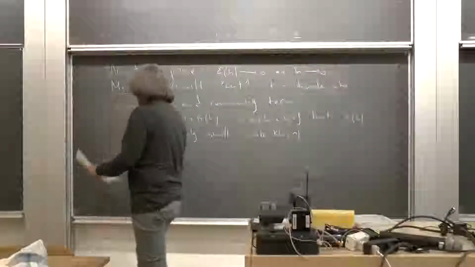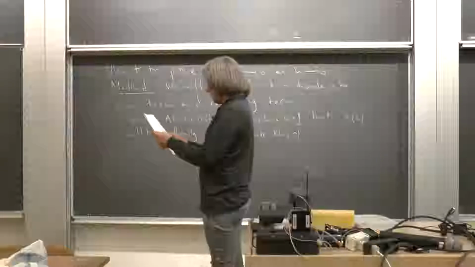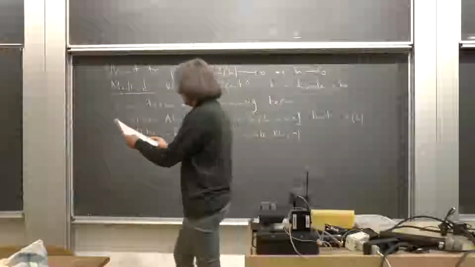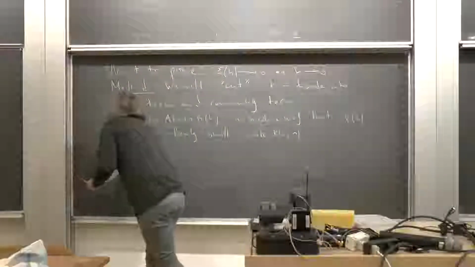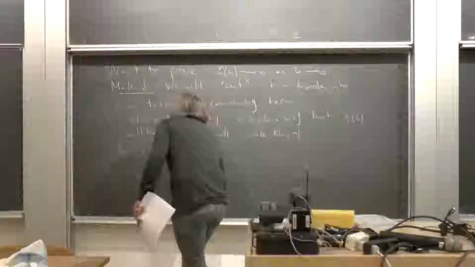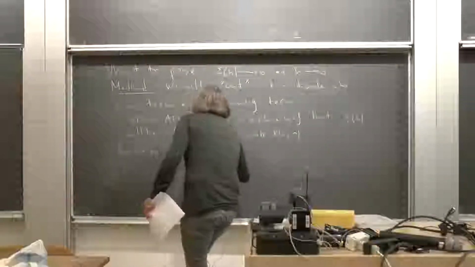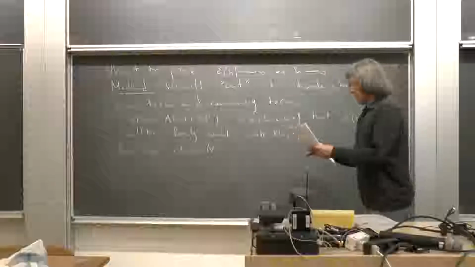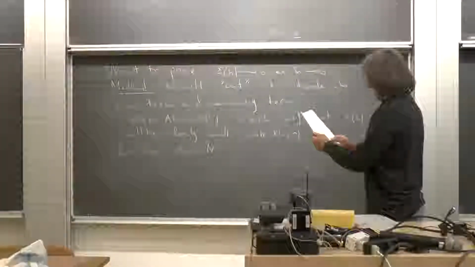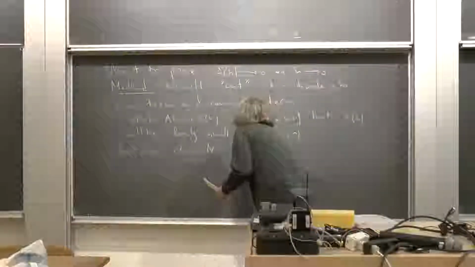So namely we can do the following. We can, for a given epsilon, choose n such that the remaining term, so sum